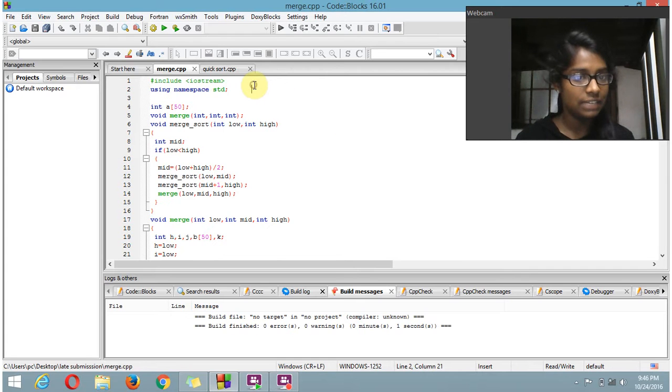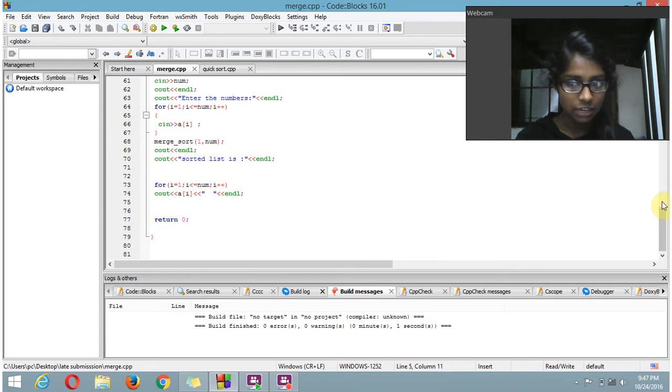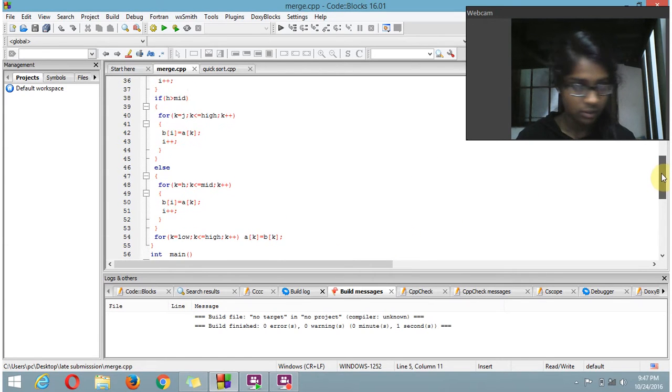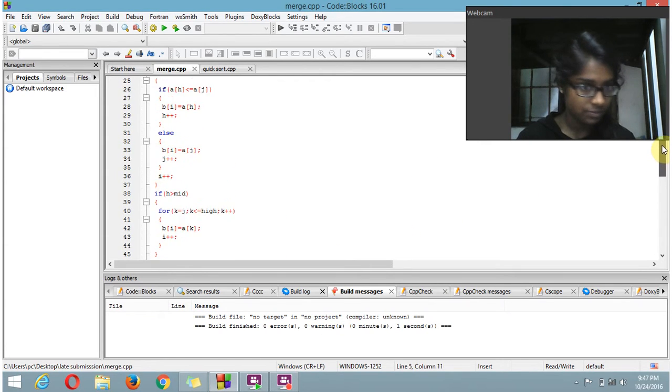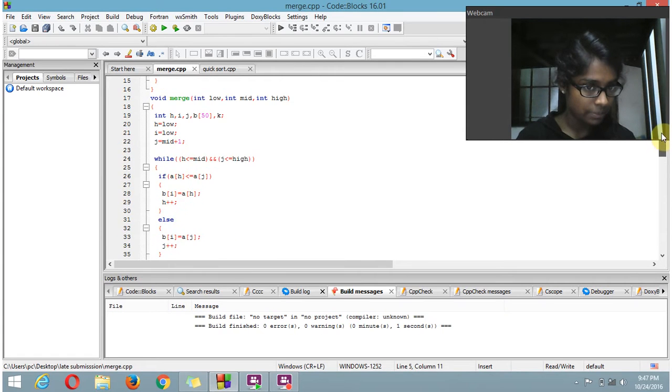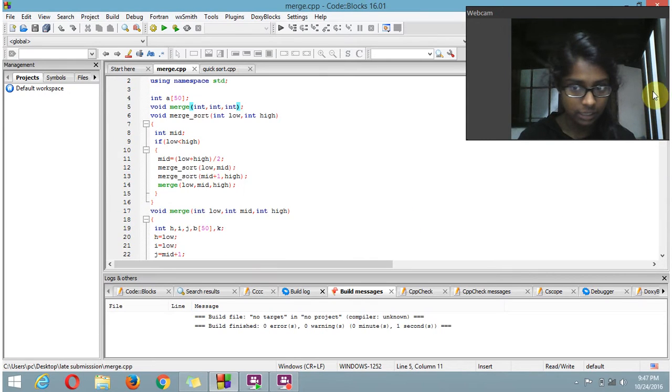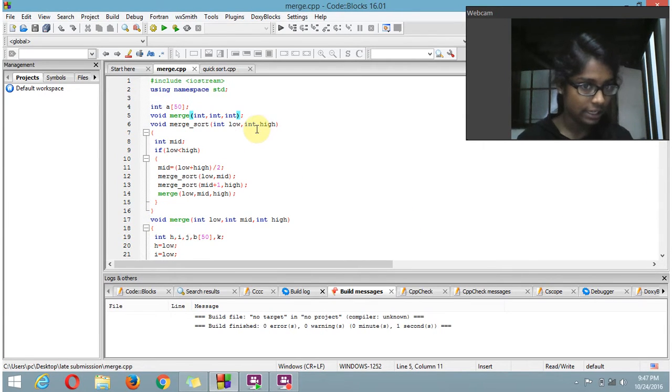First I have declared the program with the header file using a namespace, and I've declared an array of 50 in the int. I'm using a void merge. In this program, first I am passing the elements, that is I'm giving n and I here. I'm first declaring that, and it will be passed out here, that is int low and int high,